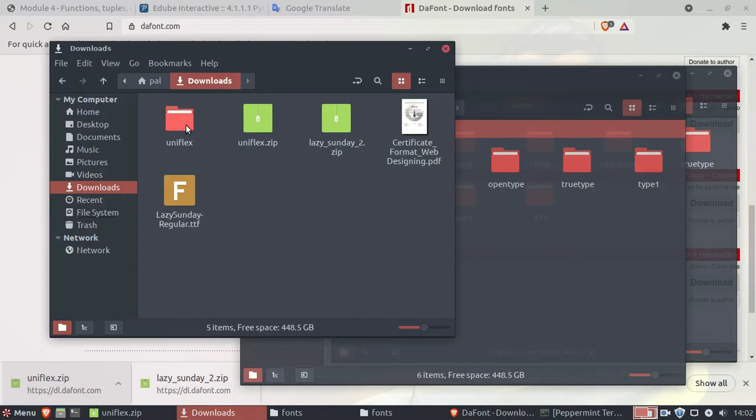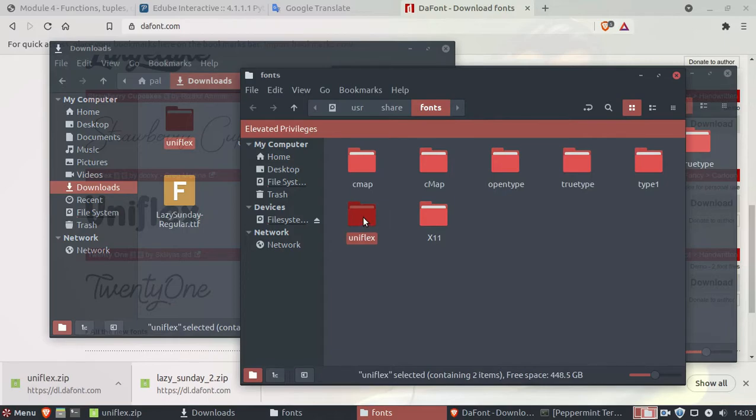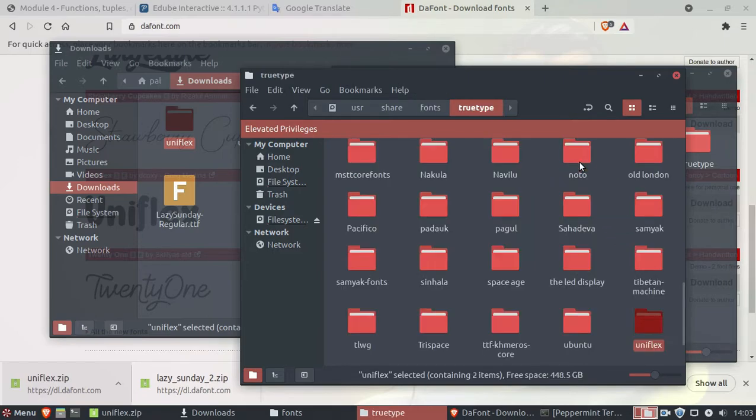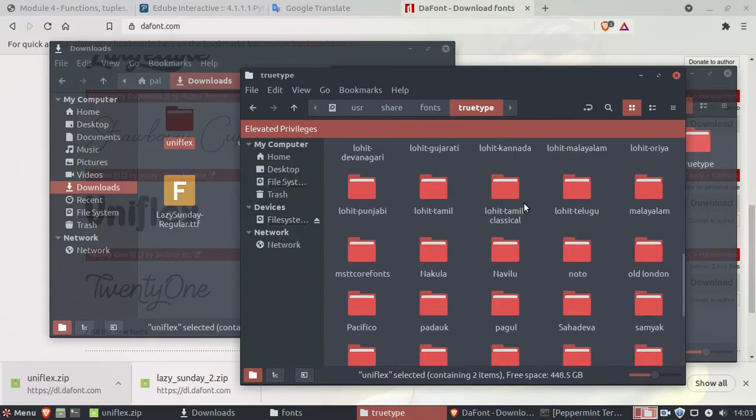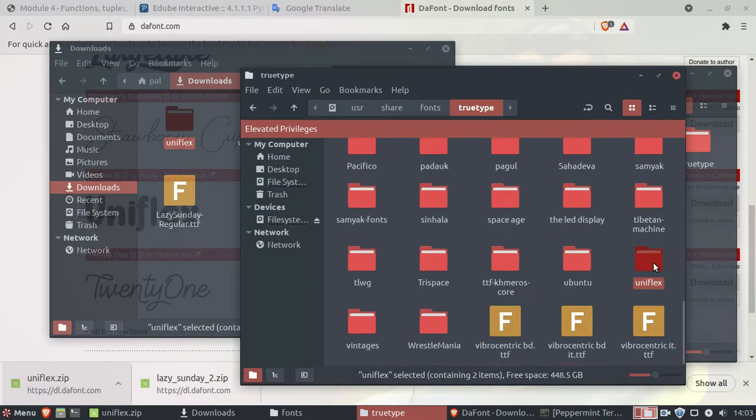Now you can copy this folder into this one. I'm just simply dragging it to this file manager window, and here it is. Now I am going to put the Uniflex folder into the truetype folder. In the truetype folder you can see there are lots of fonts available, and here is our copied font.